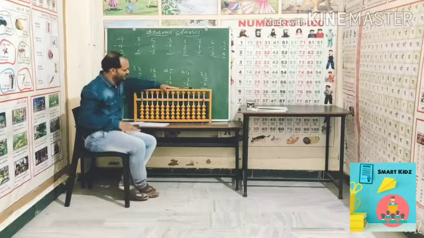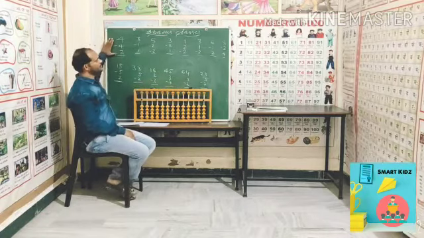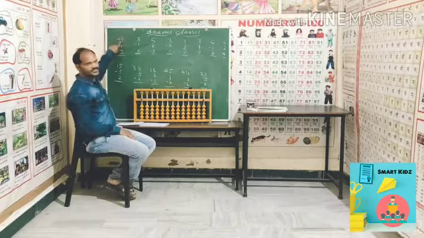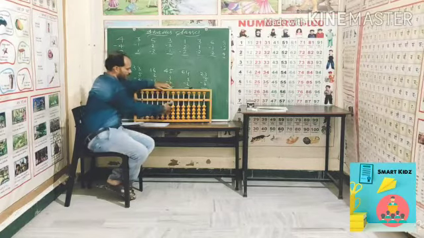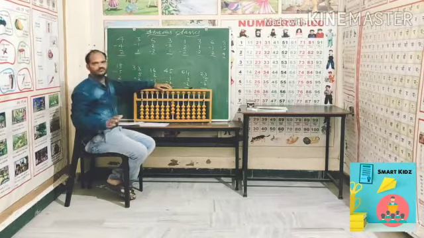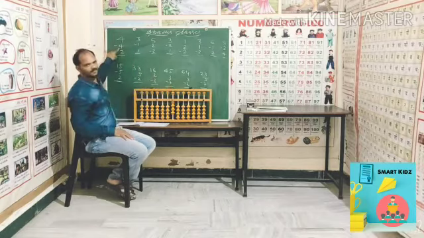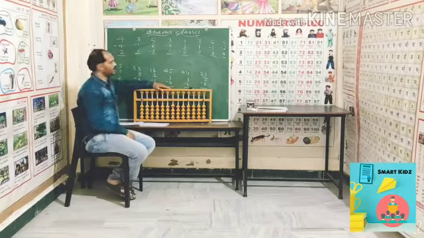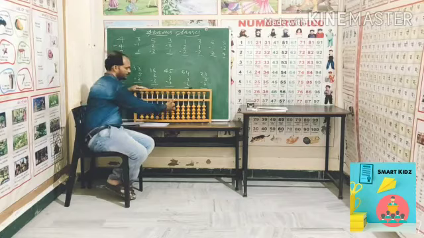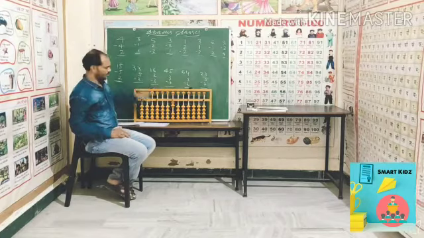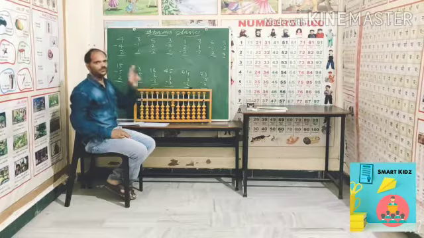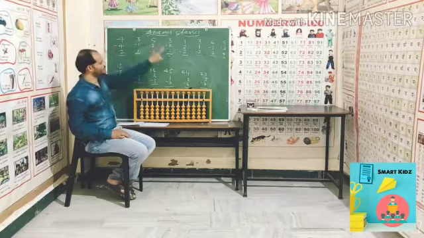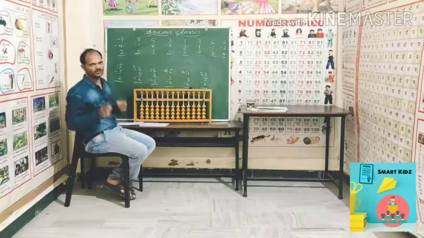We will use some examples here. You can see, I took small numbers to help you understand. This is 4, so on the unit rod, 1, 2, 3, 4. This is 4 beads. Again you can see minus 4, it means you have to subtract 4. Right? Plus 2, then you add 2. So now you can see on this side 2 beads are touched. So the answer is 2. These are the problems you can see on the board, and you have to solve them.